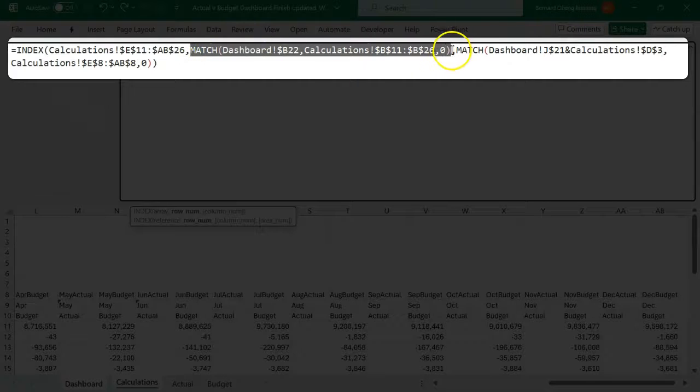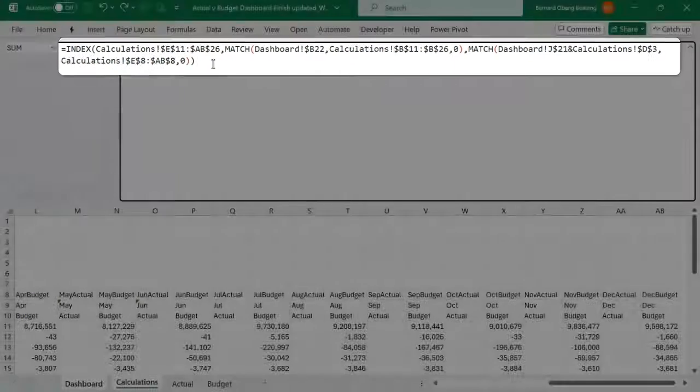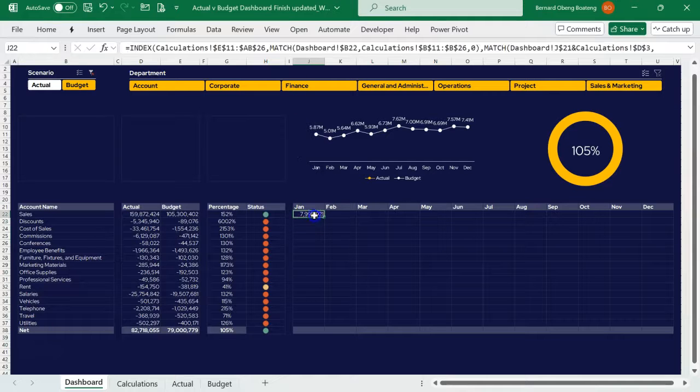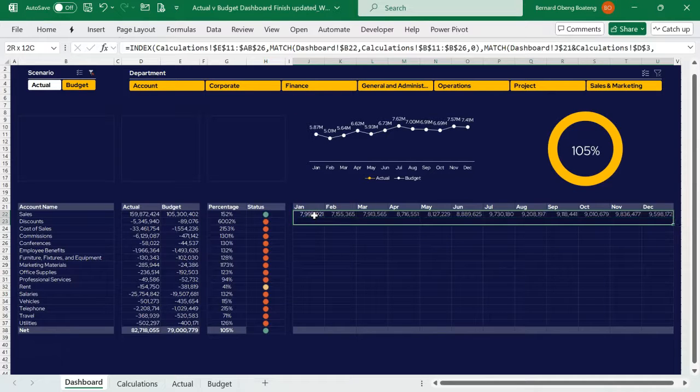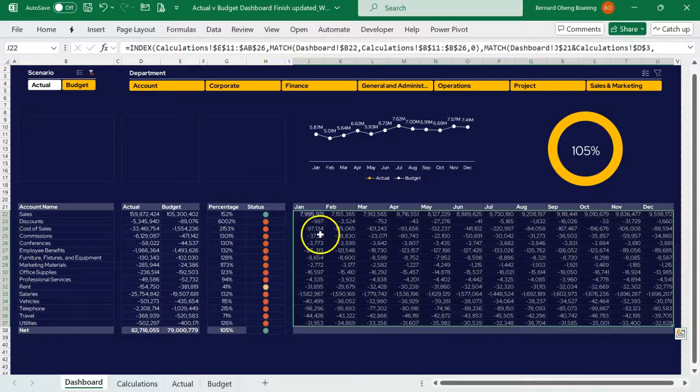And then the column side is going to be a combination of the month selected and then the scenario selected, which will now be joined with a concatenated row, which I have here, okay? So let's see what we have. When I press enter, I get this. So I can now copy this right, Control R, come all the way down, Control D for this as well,